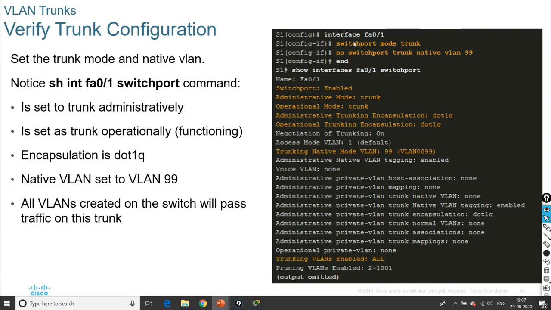Verified trunk configuration: we can go to interface FA0/1 and use the show interface FA0/1 switchport command, and it is set to trunk administratively and set to trunk operationally. Encapsulation dot1Q, native VLAN set to VLAN 99. All VLANs created on the switch will pass traffic on this trunk. So these are the highlighted ones. You can see trunking VLANs enabled all. The trunking native VLAN mode is 99.